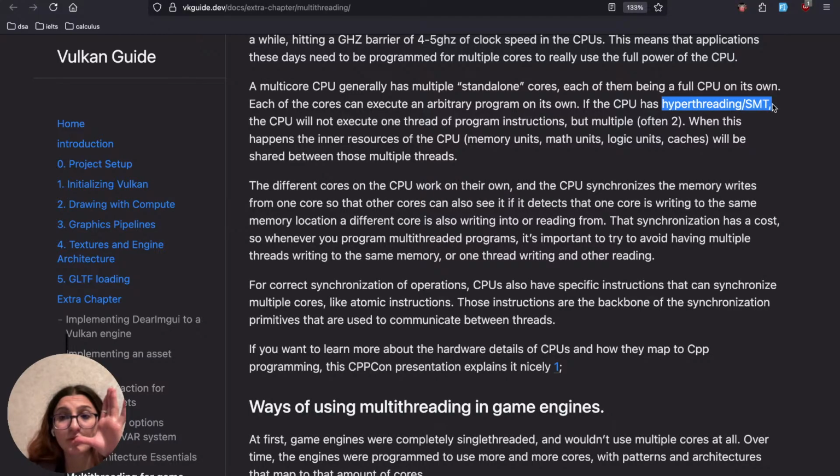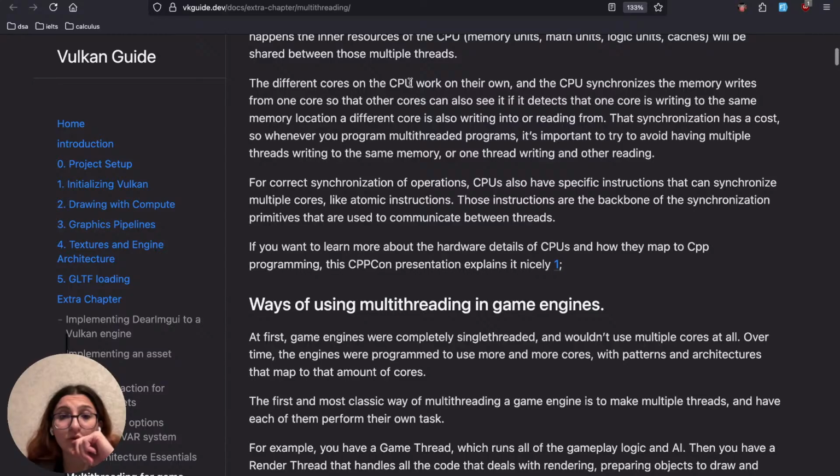If a CPU has hyper-threading, SMT, it will not execute one thread of program instructions, but multiple, often two. When this happens, the inner resources of the CPU, memory unit, math unit, logic unit, will be shared between those multiple threads. The different cores on the CPU work on their own, and the CPU synchronizes the memory writes from one core so that other cores can also see them